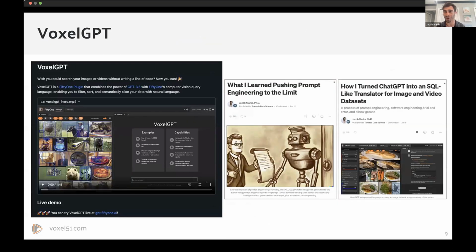After that, we actually went on another adventure, another journey. We made VoxelGPT. This was also an attempt to combat the woes that people sometimes experience when they are getting into FiftyOne, because it is just such a flexible and versatile tool set. So we built this